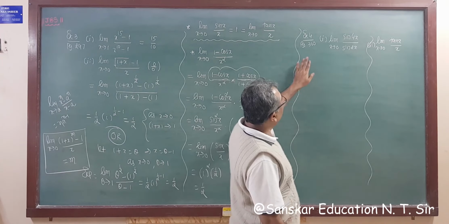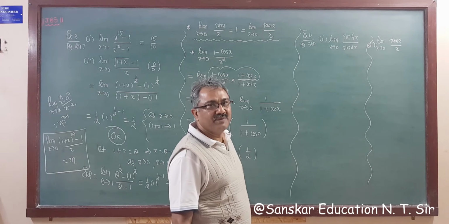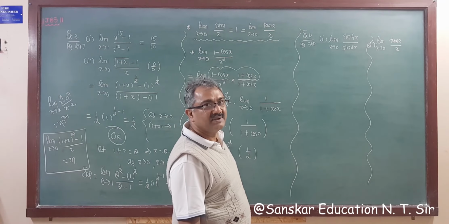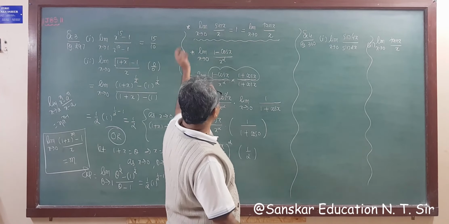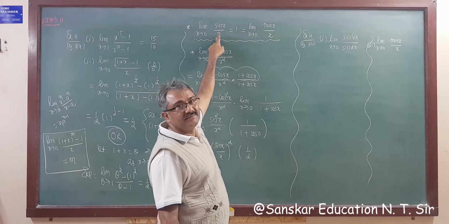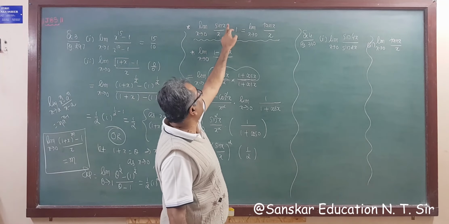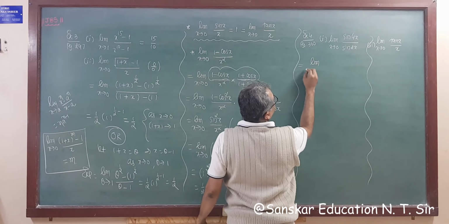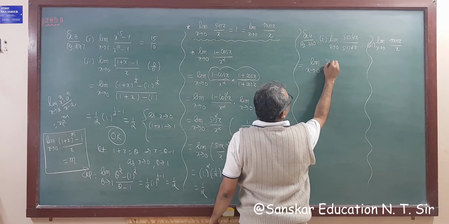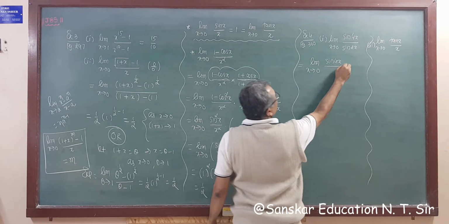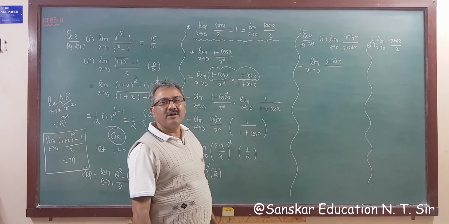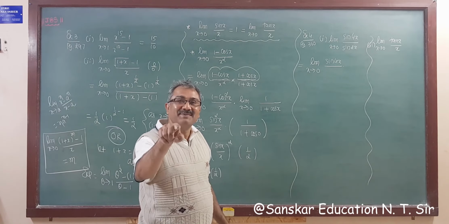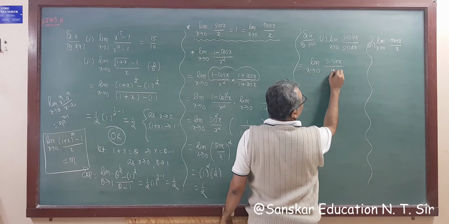Okay. Now, example 4, question number 1. It's given limit x tends to 0 sin 4x upon sin twice x. What is the formula? Limit sin theta upon theta. My first target is sin theta upon theta. So can I write like this? Limit x tends to 0, this is sin 4x. So what do I require? Upon 4x. Is 4x there? No. So what to do? Divide and multiply, right? So dividing and multiplying by 4x.